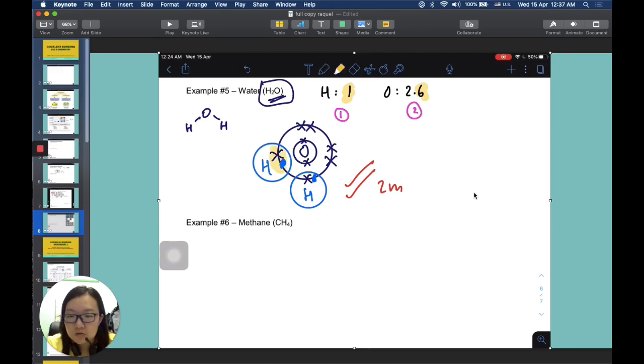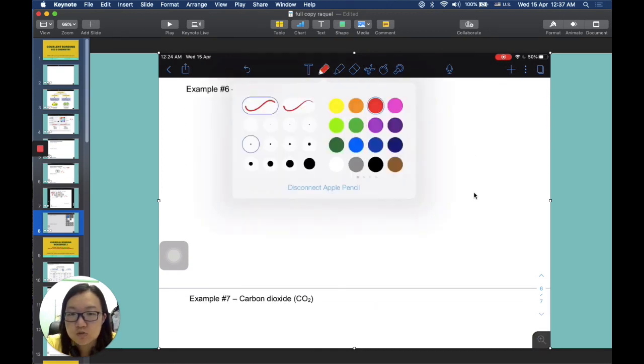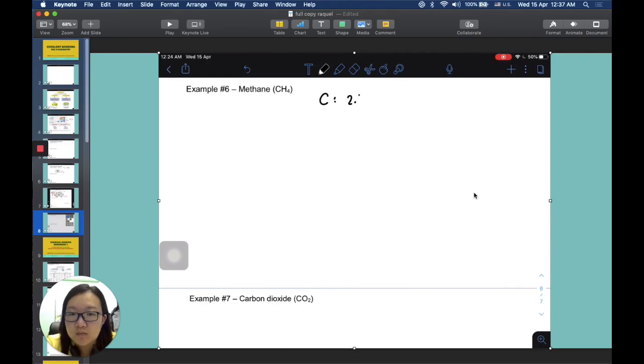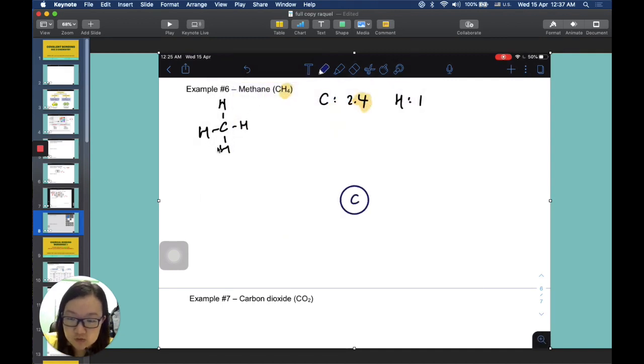Alright, moving on. Example 6, which is methane. Same thing. Look at carbon and hydrogen. So hydrogen electronic configuration is 1, carbon is 2.4. If we look at carbon, it has 4 valence electrons, meaning it needs 4 more electrons to form an octet. So keeping that in mind, we will need to share 4 electrons in total. And in fact, if you scrutinize the chemical formula a bit closely, you can also figure out that